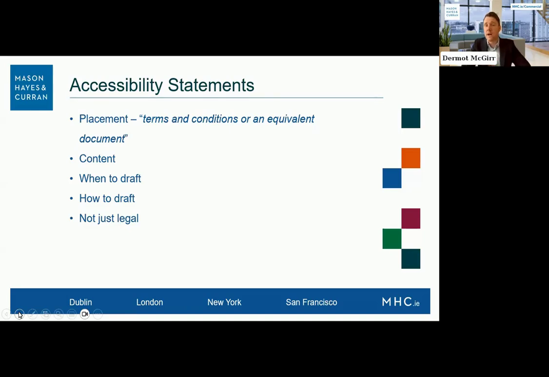And I think importantly as well, if you have spent a significant amount of time and money complying with the EEA, you should have a best-in-class accessibility statement, and you should shout it from the rooftops, because you should get the value out of the work that has been put in, both from a compliance perspective, but equally, and if not more, to be honest, from a sort of customer goodwill perspective.